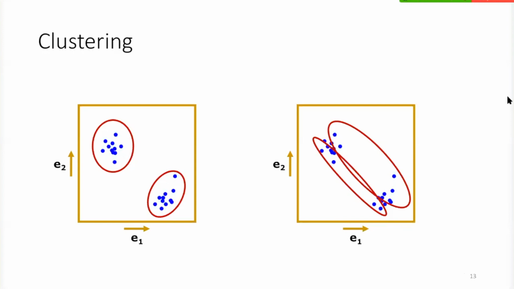So if you said the one on the left is better, why do you think so? Why is it better, actually? Yes, a bit simpler terms than silhouette. The red lines don't touch, okay. Some other criteria? The dots inside the circle are closer than... Yeah,